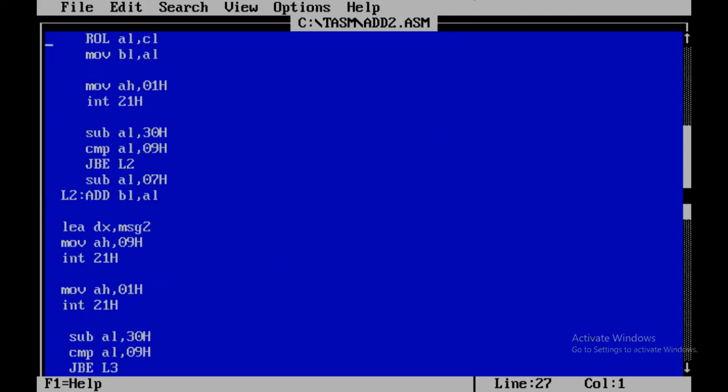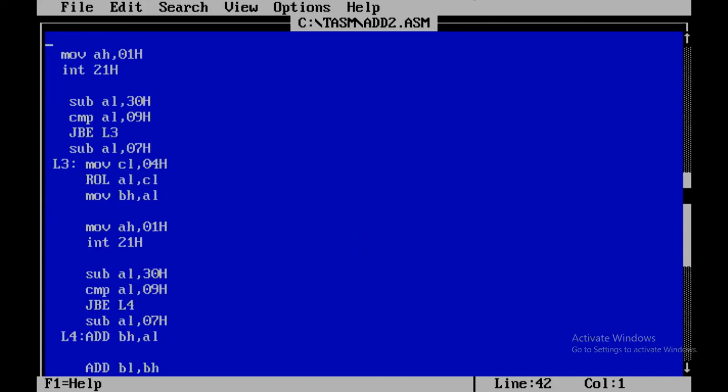In the L2 condition, it is moving with addition of BL and AL, because 8 bit numbers are stored with A and the addition I need to perform with B. That message 2 should get exit over there. So it is printing that message 2 should get exit. And lastly, I am moving that value, whatever value I am going to get, and that is going to be in your A register again. I need to get that break again.